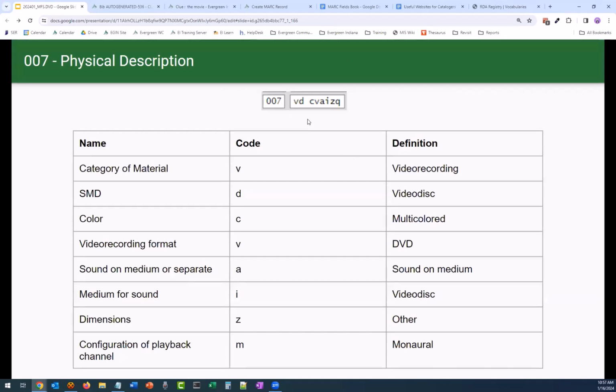What's great is we have that physical description wizard, and the templates themselves have this in them already. So you might need to change, for example, I changed the configuration of playback, was on surround or stereo. I changed that to an M. You can see here it was originally a Q, but I changed it to an M for monaural. So thankfully that is already in there, but this is just a little breakdown of what the physical characteristics wizard will